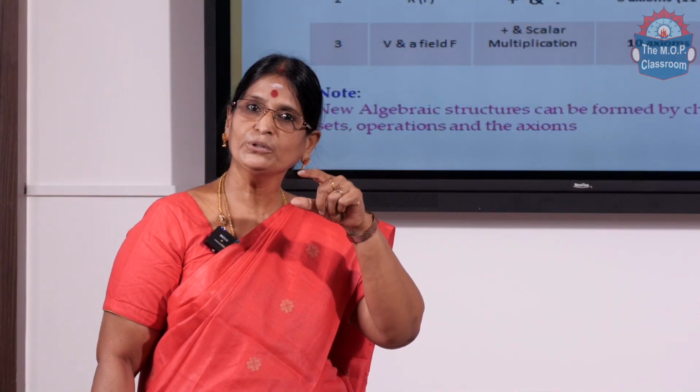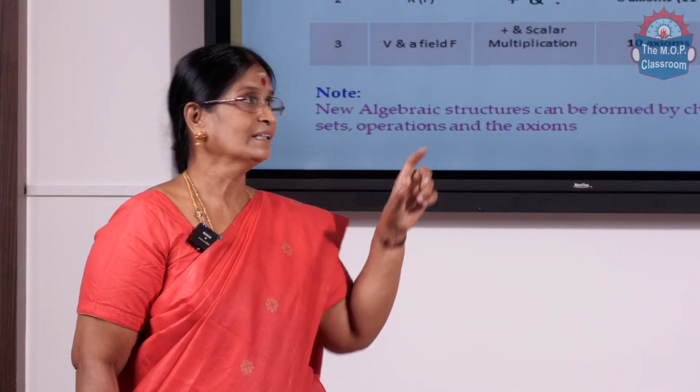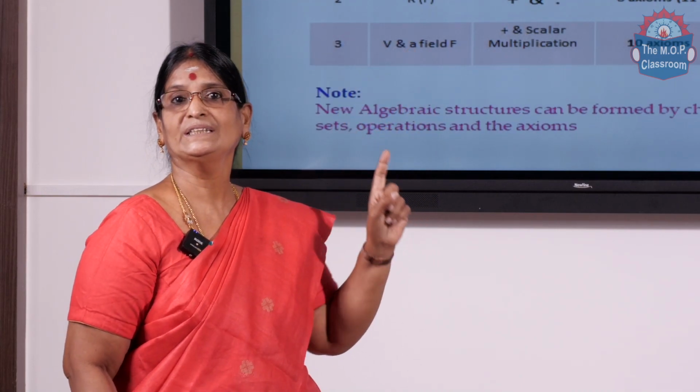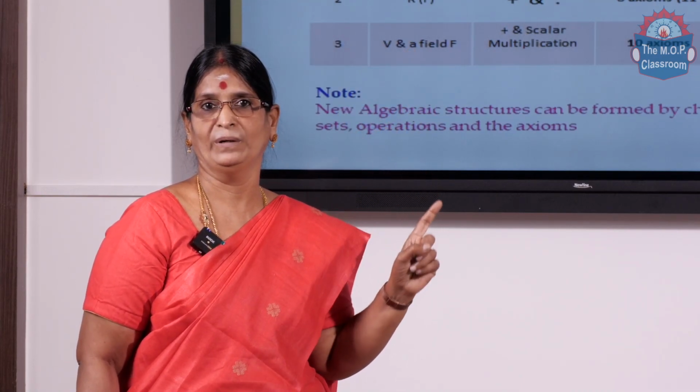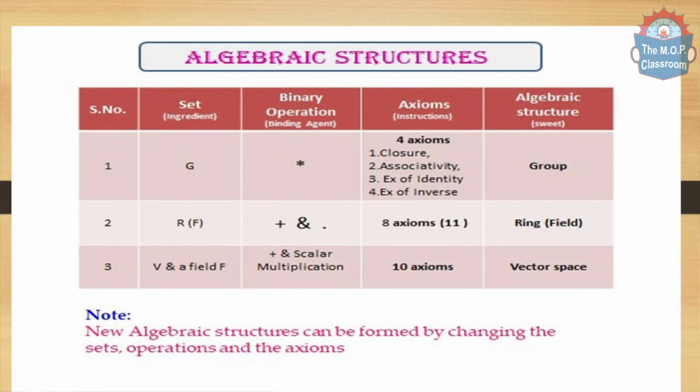To make a rava laddu, we need some preparation, isn't it? That is a procedure. So here the axioms, we are going to check the axioms one by one. So the resultant we are going to get is a group. For that I have taken a few more structures, ring and vector spaces. Let us restrict ourselves to a group alone.